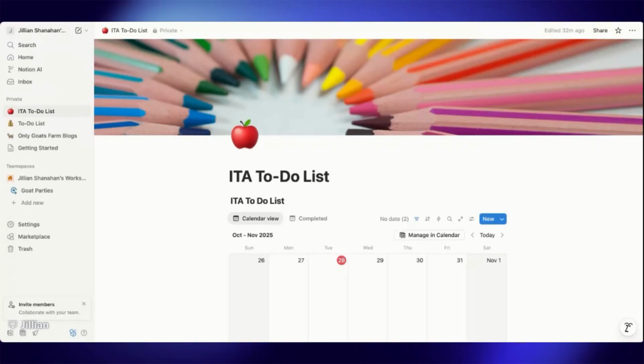If you are blogging and you want to make your life a whole lot easier keeping track of the blogs that you have written or that you want to write in the future, this is the video for you. It's a little time consuming to get it all set up, and you're going to want to pay attention. I will link a blog down below